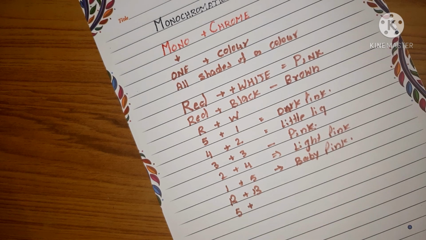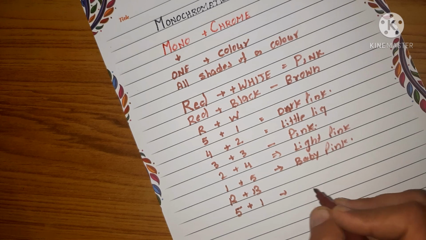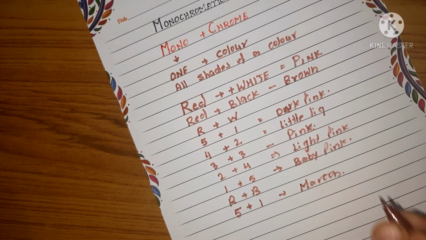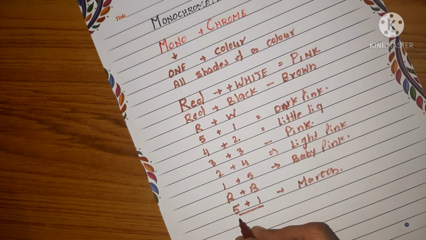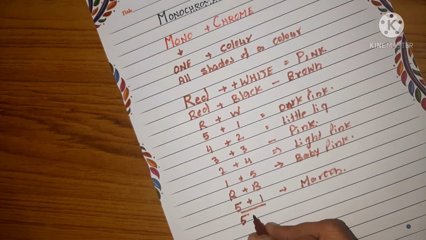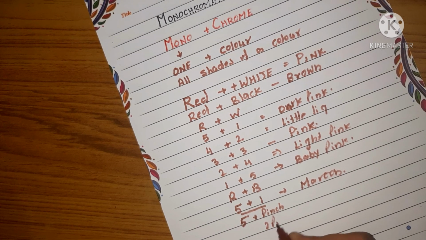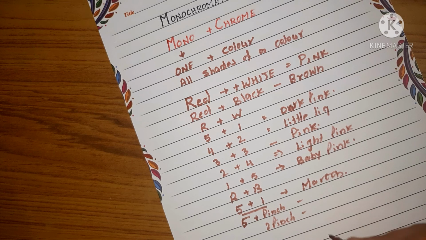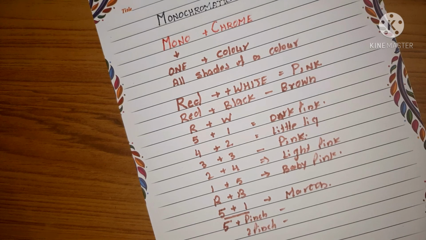Black is a color which has a very high effect. So if we add 5 plus 1, it will go near brown, maroon or something like that, right? But we don't use that much of a ratio. If there are 5 drops of red, we add a pinch of black, 2 pinches, a very small amount. So it will give different shades of maroon and brown. So all these colors combined are called the monochromatic color scheme.